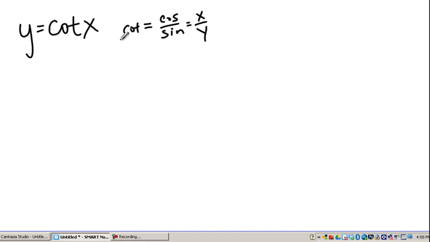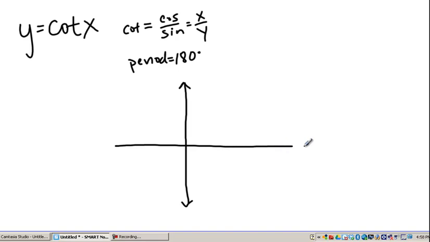Our period, again, for this is 180 degrees for cotangent. But the difference is there's going to be asymptotes at